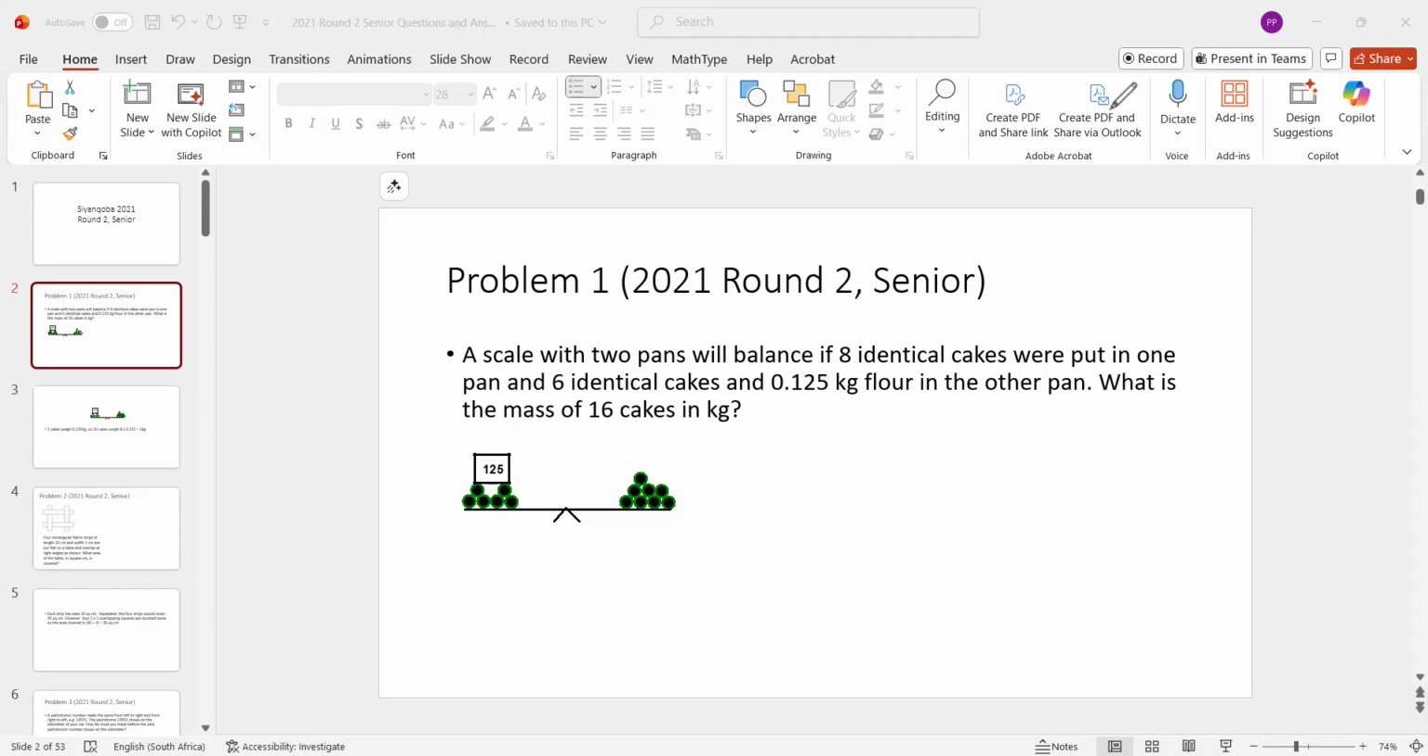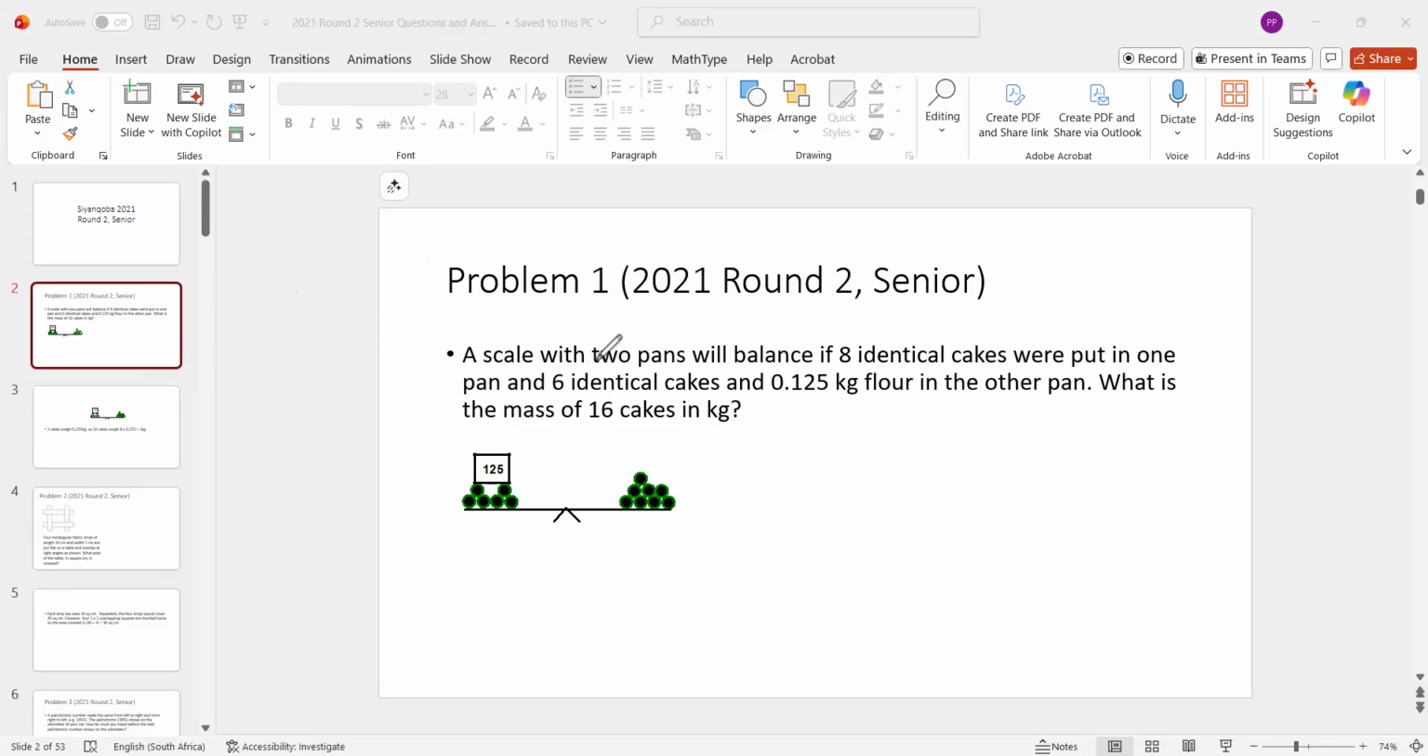Let us look at some of the problems that were set in the year 2021 by the South African Mathematics Foundation, specifically the SAMO, South African Maths Olympiad, round 2 of the seniors in 2021. All right, so we go straight to the first problem,